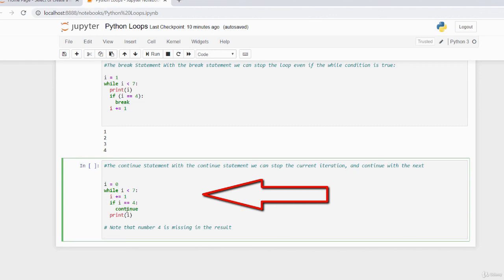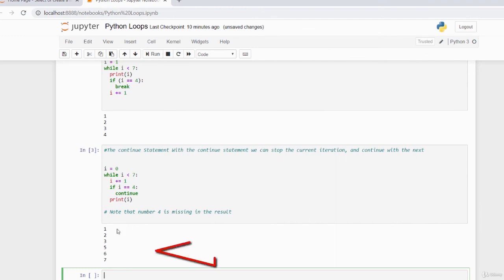So you will see here when I run this cell that the number 4 is going to be missing from the result, because we're telling it to continue when it gets to 4. So it will skip 4 and then continue with the loop. So if I click run, you can see here it does 1, 2, 3, it skips 4 and then prints